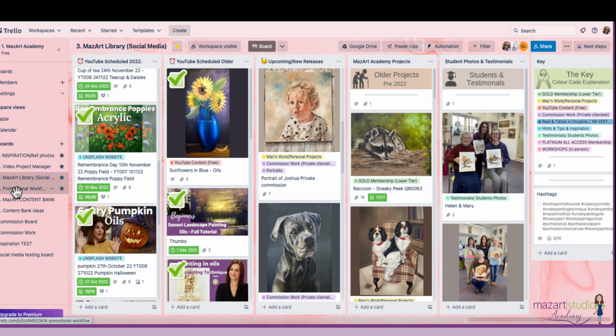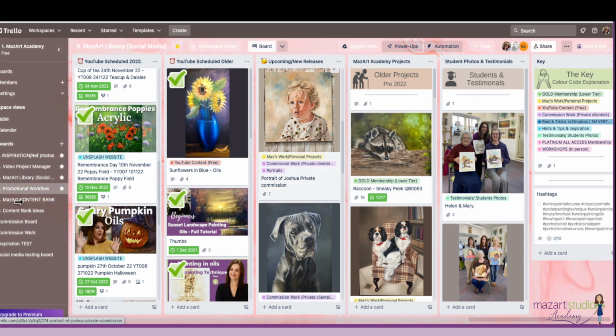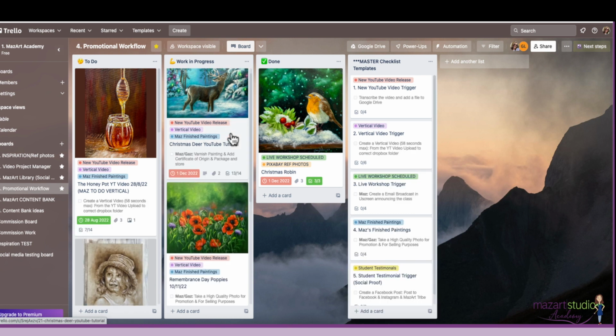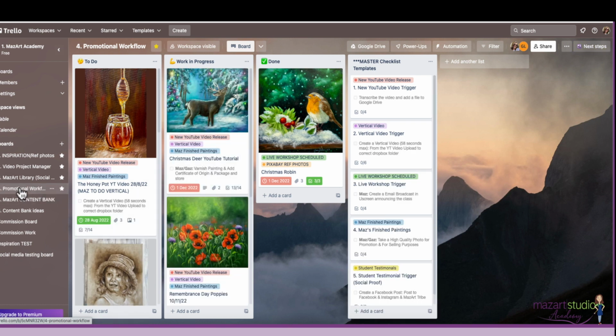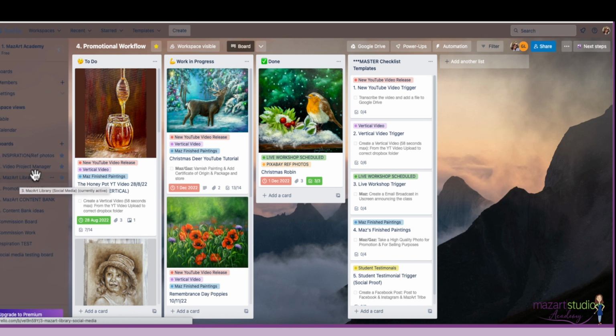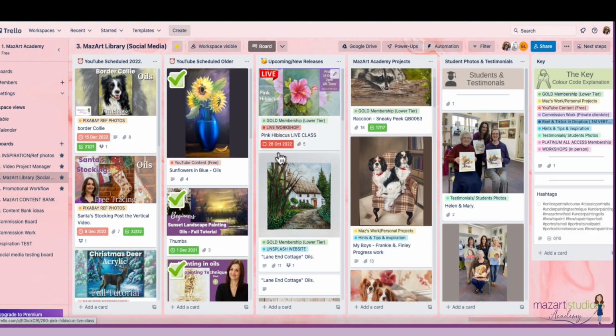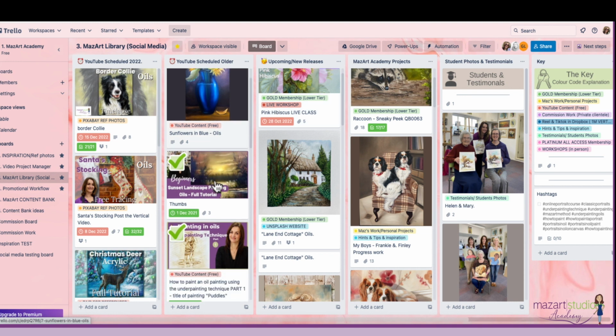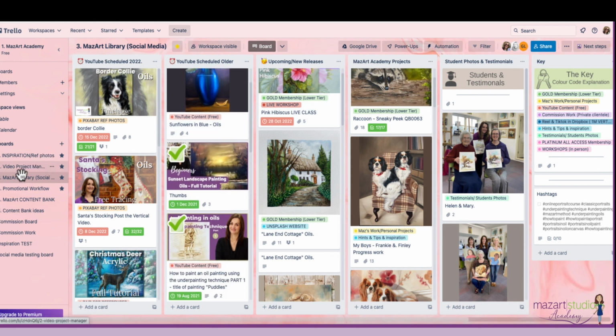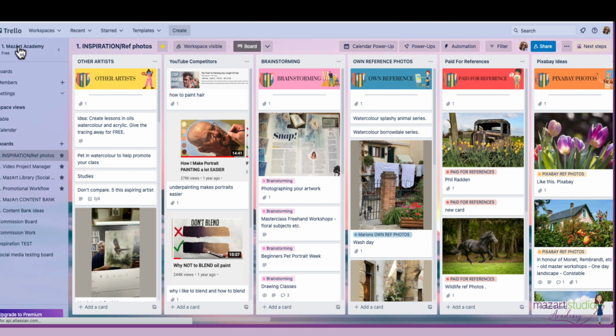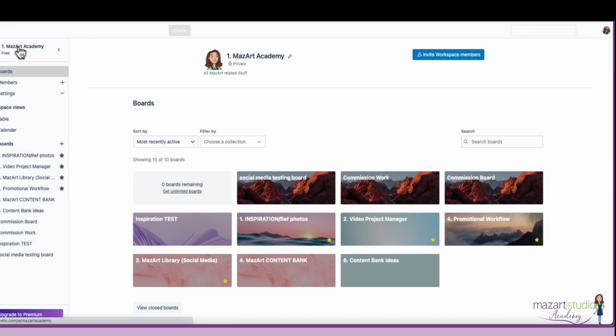So again, there's a promotional one here, but eventually I would like to have somebody doing a little bit of this work for me, when I can afford that. And eventually there'll be somebody sharing some of this stuff with me. Everything's labelled, as you can see, whether it's a live workshop or so on and so forth. So again, I really do hope that has given you some idea on how you can